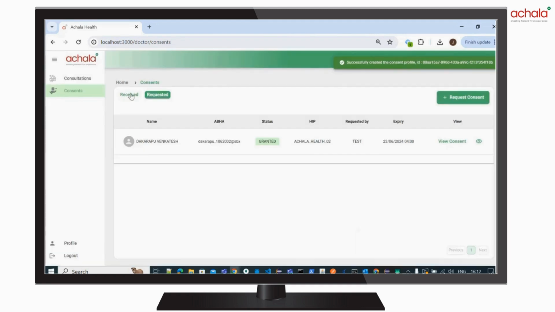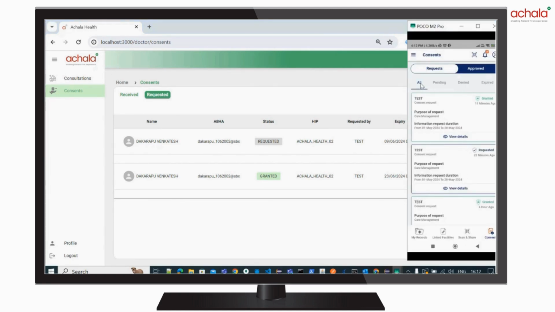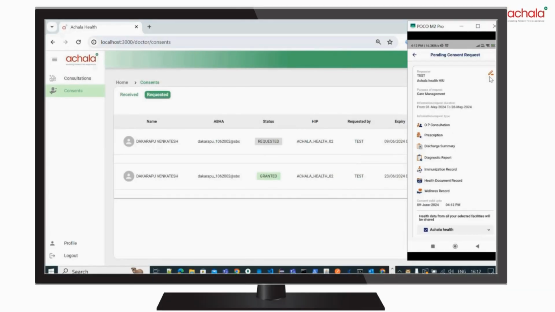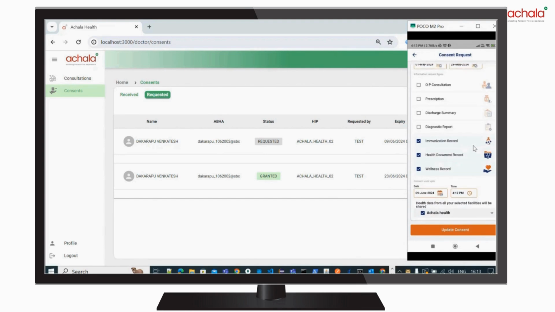Let's request consent for all health information types and specify the purpose of the request. Once we raise the consent, let me edit this consent and give access to the other health information types. I have updated the consent and granted access to the remaining health information types.